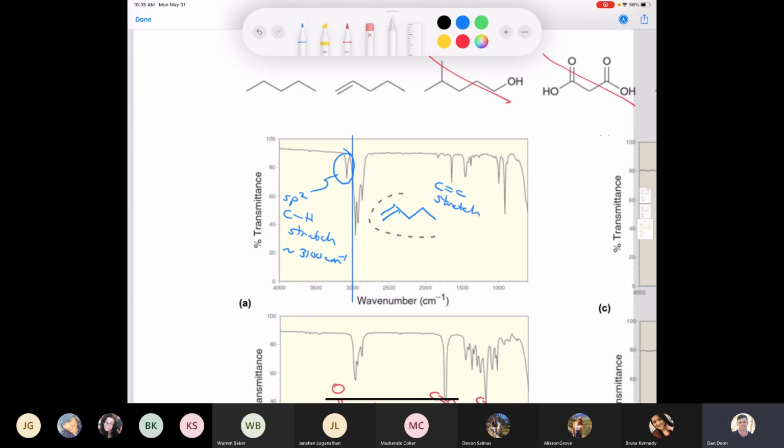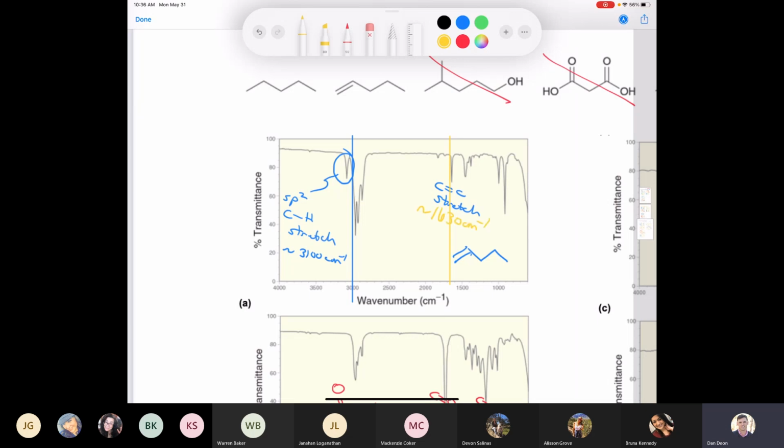Because if you look at the table for an alkene, we saw that the carbon-carbon double bond stretch was around 1630. So if I take my ruler, I'll use the yellow pen. If I go 1630, that's right around here. So there you go, right on the nose. So we could write that down. It's around